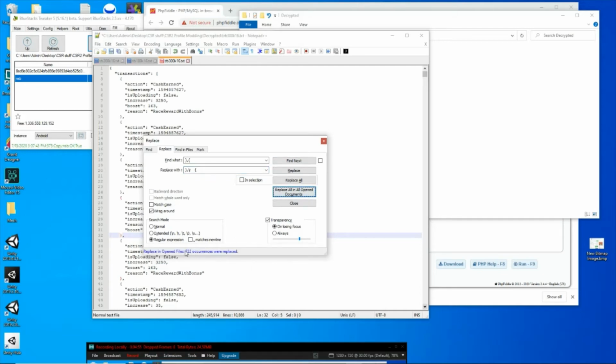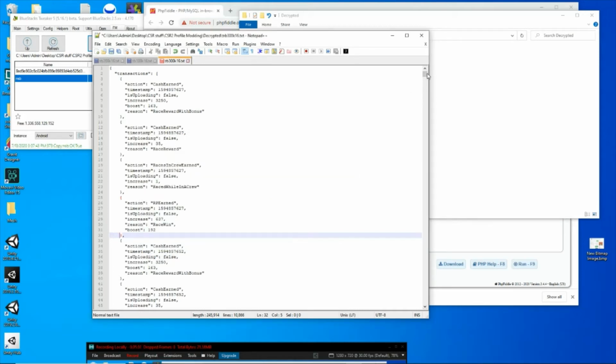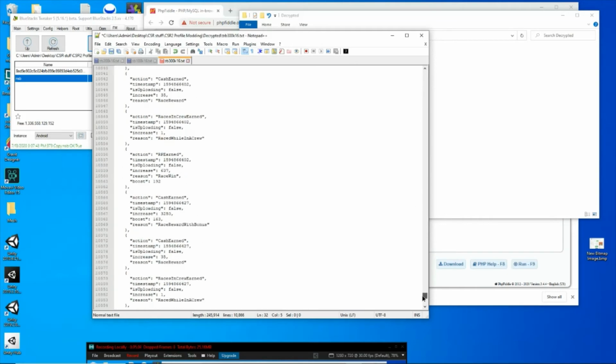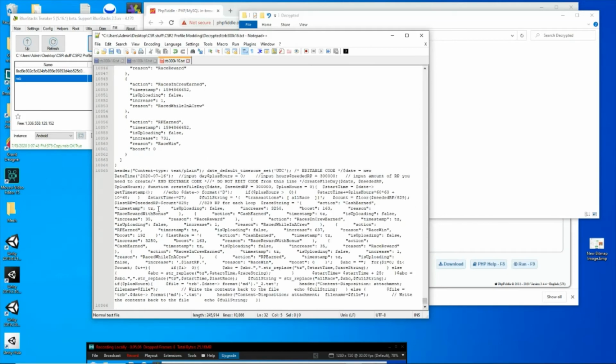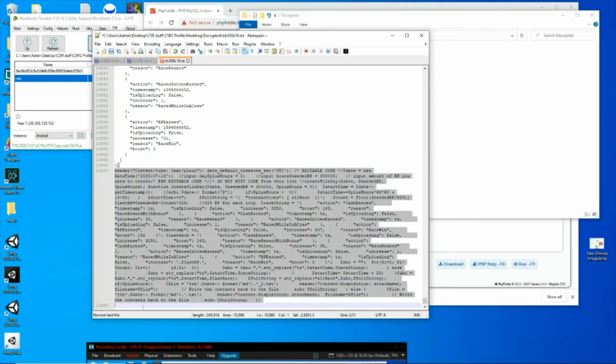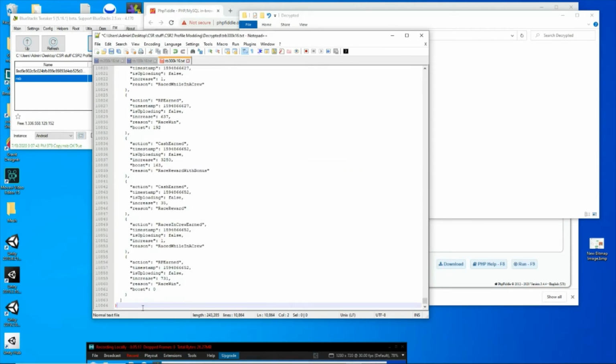As you can see down here, it took care of 722 occurrences. So now the file is just about complete. The one last thing that the PHP fiddle does is it adds all this header information right at the bottom. So I copy right from behind this bracket down to the bottom, delete. Now you can minimize it,